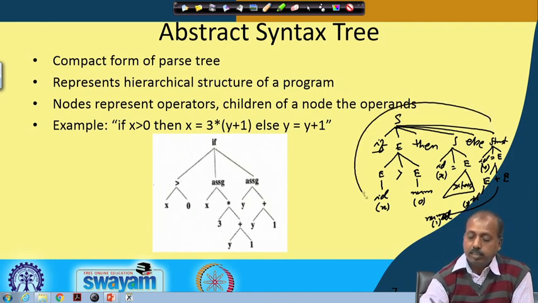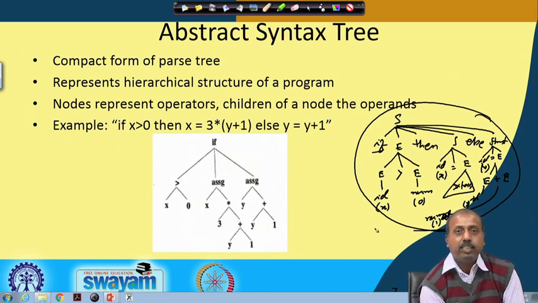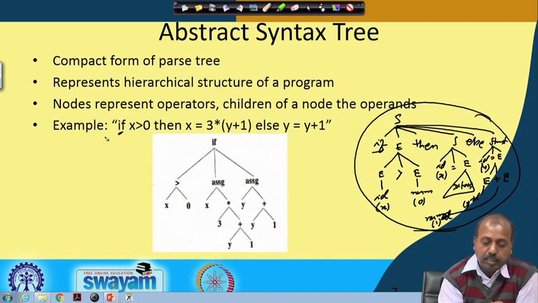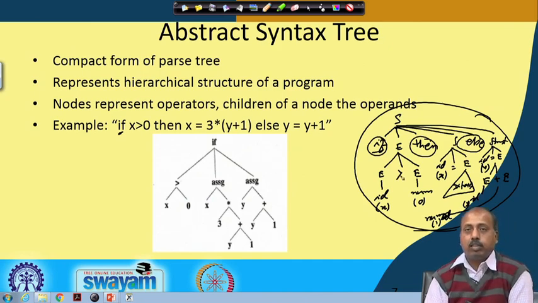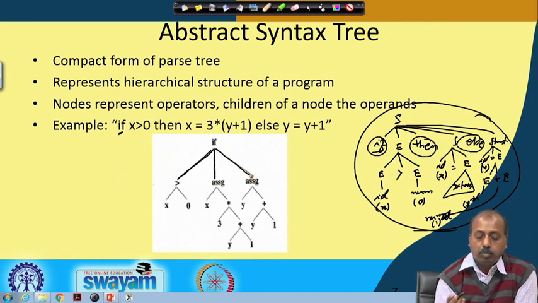Now, you see, this is the syntax tree. So, the parser has generated this thing. So, you can just use a slightly different format from here, where we take the if statement and we represent it in the abstract syntax tree, since it has got 3 portions. One is the condition, one is the then part assignment, one is the else part assignment. So, we do not store these tokens explicitly like if, then, else, etcetera. They are not relevant, because here this is the link for the condition, this is the link for the then, and this is the link for else. So, knowing that, I do not need to do anything.